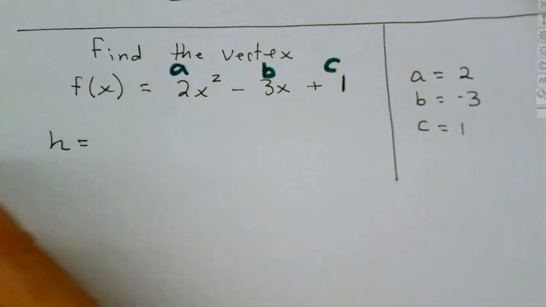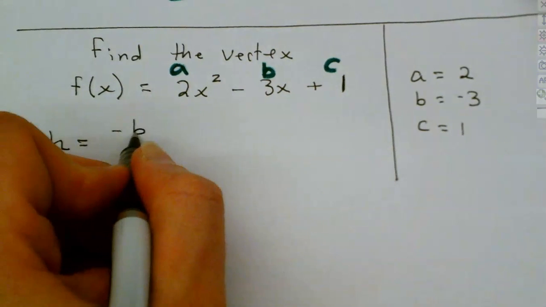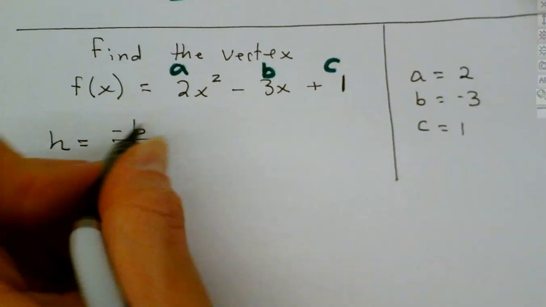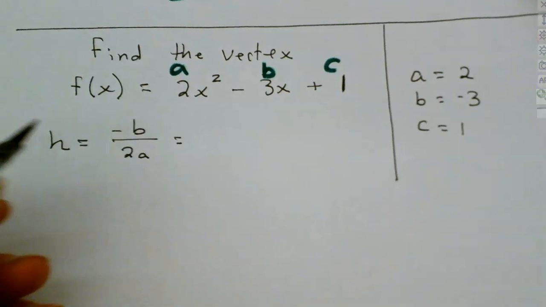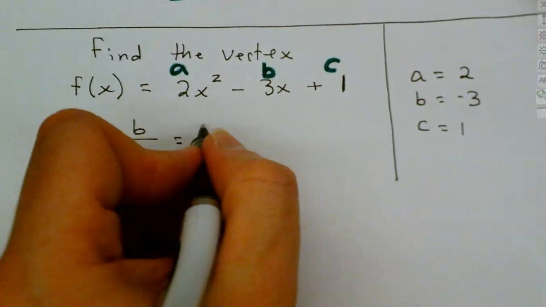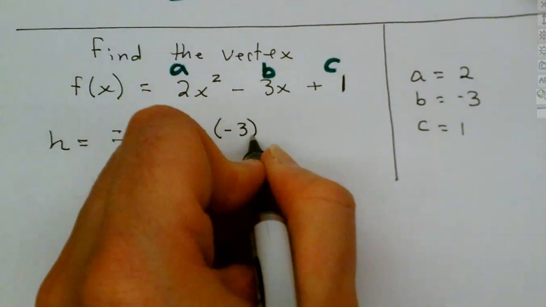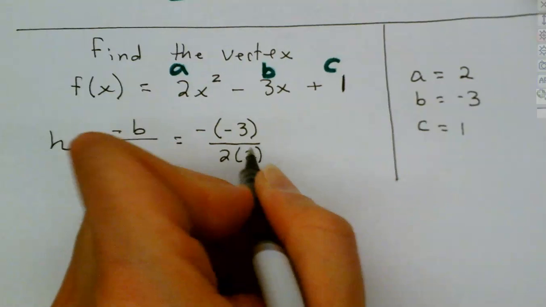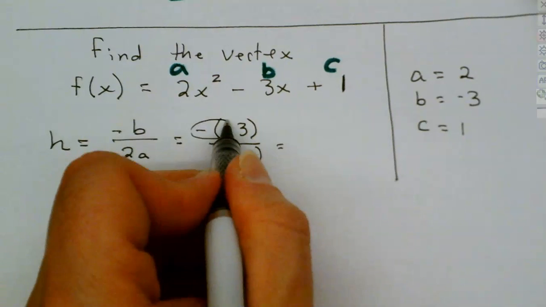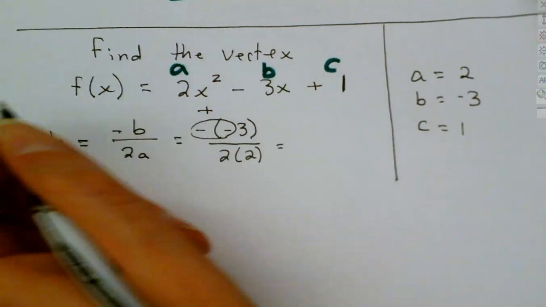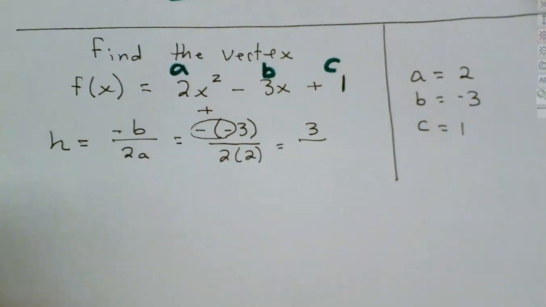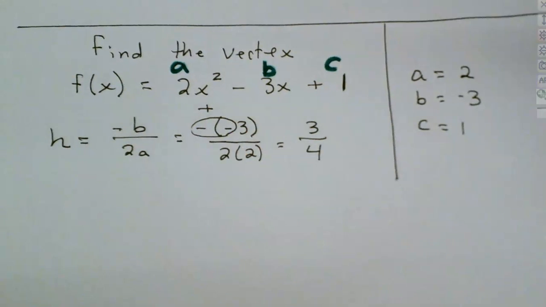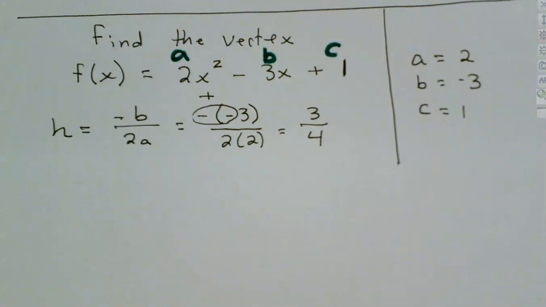Our formula is H equals minus B over 2A. All right. Now watch your signs. So that's going to be a minus of a minus 3 all over 2 times 2. The double negative here makes that a positive, so that's 3 over 4. Now the others that we've been working with have been whole numbers. Okay, this one's a fraction,